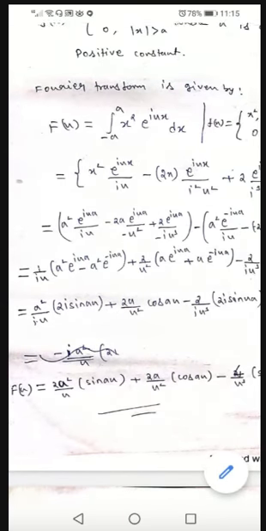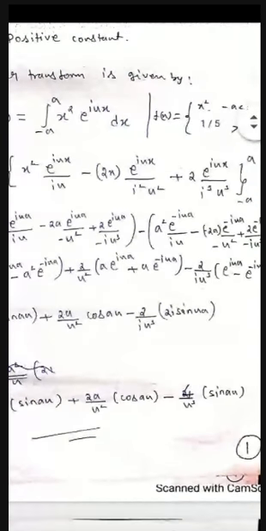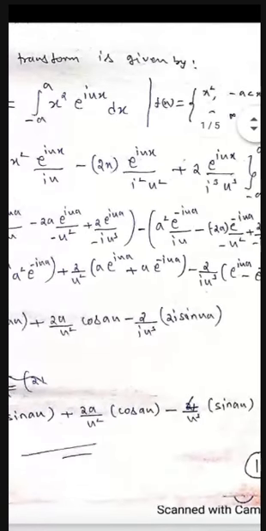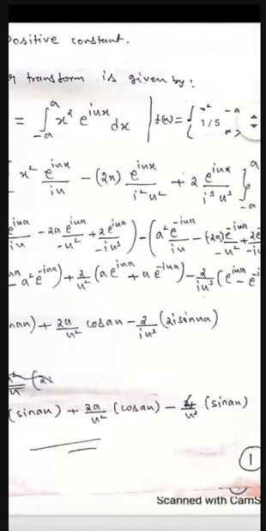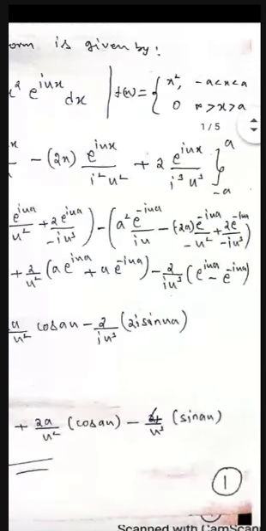See, the first term has iu, and the next one here, a square minus e power minus iua, has iu in the denominator. So you can take out iu as a common factor. Similarly, minus, here plus u square, where you have a plus u square, because minus into minus is plus u square.